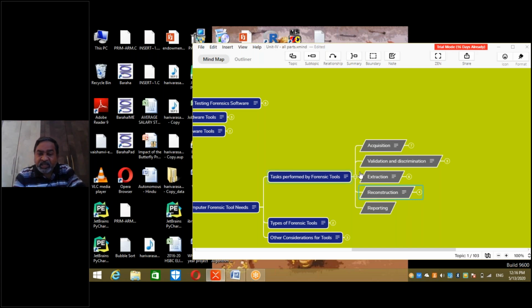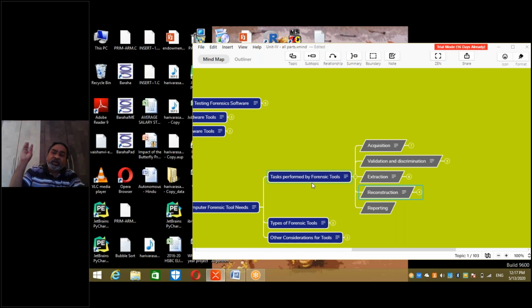So what we have discussed here is what are the tasks for forensic tools? 5. And each of them: acquisition, validation, extraction, reconstruction, report. And acquisition has sub-activities, acquired from various sources. Validation, amplify and filtering of the data. Extraction, carving, decrypting, decompression.